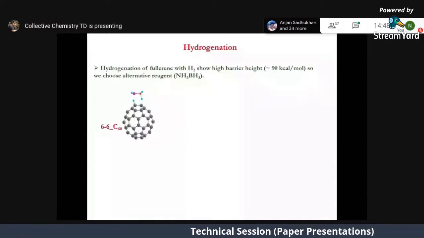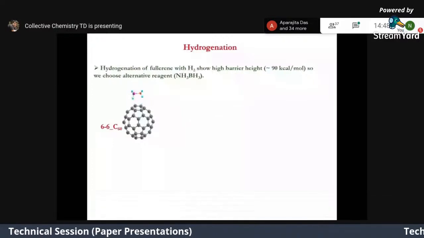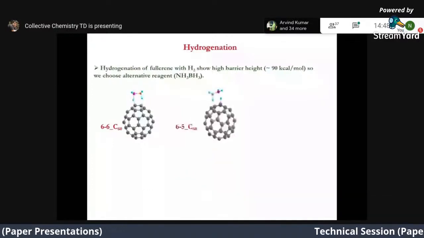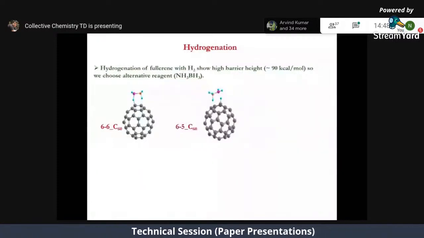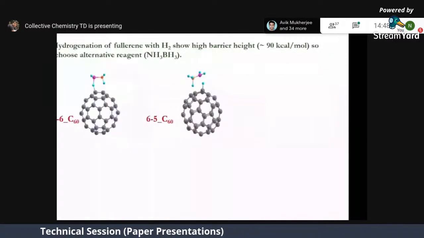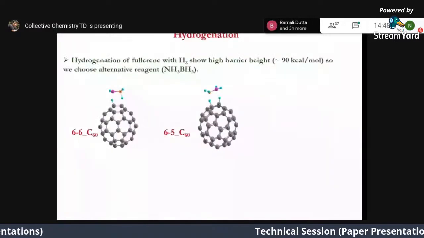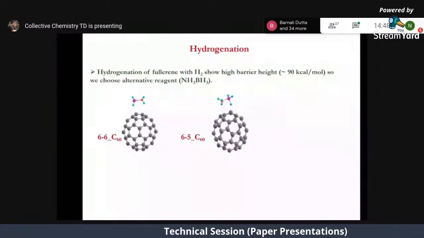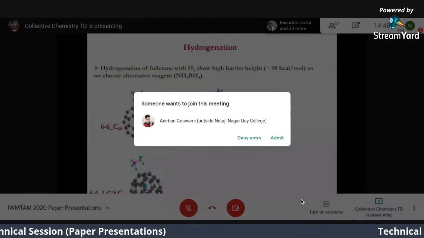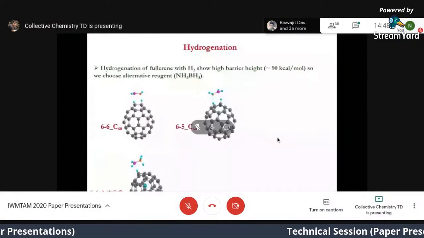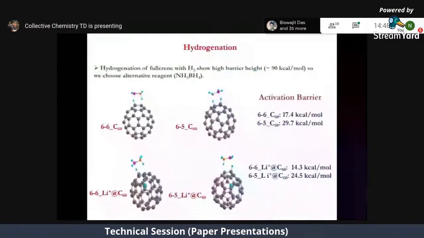Now, for hydrogenation, this is the animation of the hydrogenation process. See, the 2 hydrogens are abstracted from ammonia borane to fluorine, and for other fluorine cases also, we have observed the same process. For lithium encapsulated fluorine also we have observed similar things,